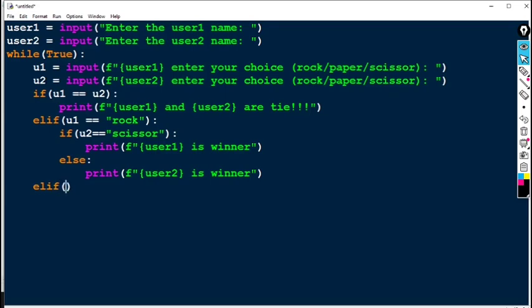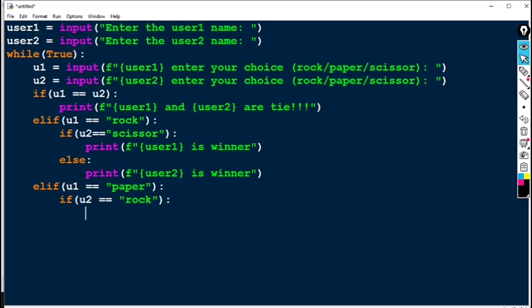And if, I'm taking user one again and comparing, I'm taking user one as paper. Paper versus rock, so the winner will be the paper. So if my user two data is equal to rock, who is the winner?